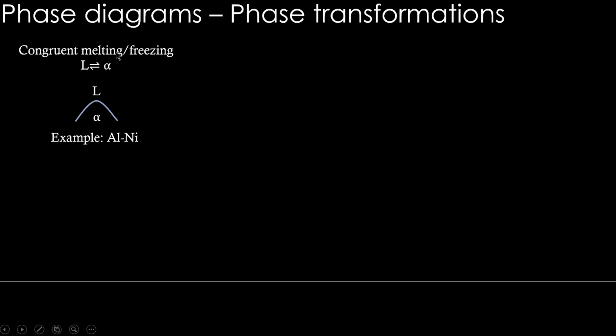This congruent melting or freezing is not a reaction, but it has this kind of signature where liquid transformed to solid. Essentially, if liquid is cooled crossing this line, without any change in the composition of liquid, it entirely becomes solid. Okay. Usually, if you see any liquid crossing the solidus line, any liquid crossing the liquidus line, it will transform to a small amount of solid with entirely different composition. But in this case, liquid transforms to a solid of same composition fully. Okay, that is one. That is called congruent melting. AlNi system is an example for that.